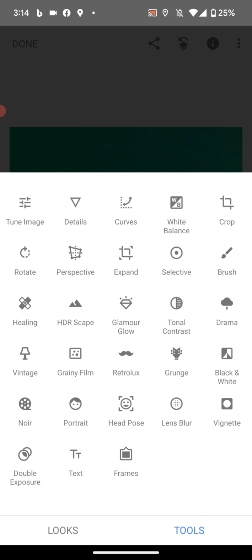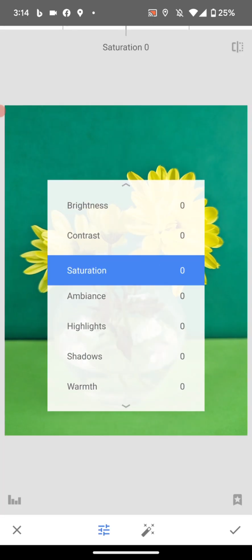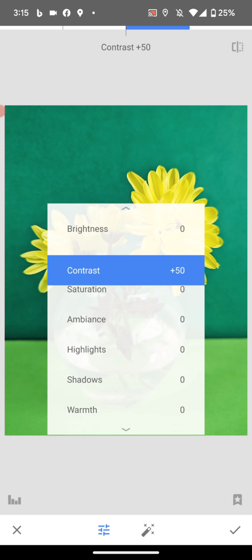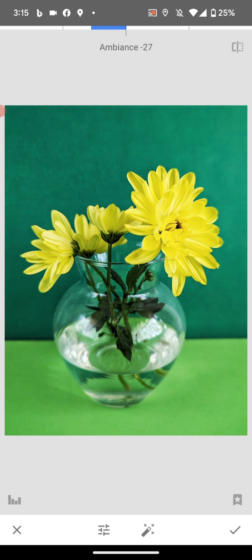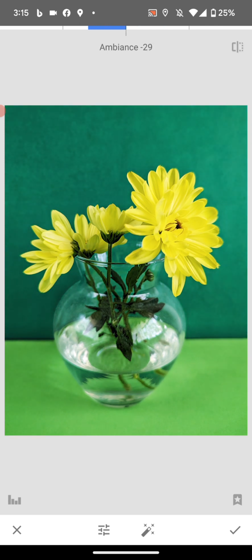So up on the top left, there's a tune image option, and in here I can add some contrast. That way I separate the colors a bit more. And in the ambient section, I can also go backward. You can see when I go forward, it just separates the tones too much, but the ambience going backward helps